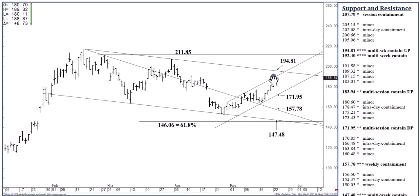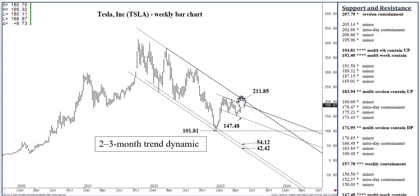So if you're more of a near-term options trader and we're testing 194.81, you could reach for 172, 175 out of the money puts that don't expire for at least a full week, maybe a couple of weeks out. I think you catch my drift. If we do close above 194.81 and you haven't liquidated all of those calls that you may have bought over the last few weeks, I'd say hold out for 211.85, which will be a significant test for this market and would be realized, I think, within 1 to 3 weeks of closing above that 194.81,